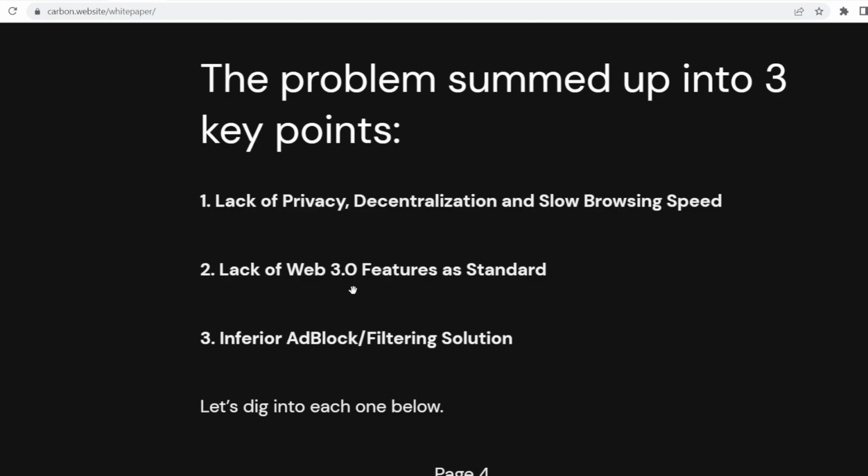The second biggest problem is lack of web 3.0 features, and the third biggest problem is that they're not able to filter quite well. This filtering is not available for ad blocks and certain other promotional activity which happens on the browser. So it is providing complete ad block also, and it has a normal version and a pro version also. The pro version will be available later on, and you can only have the pro version if you pay using the native token CSIX. Then only you can access the pro features, and you can take advantage of the enhanced features which will be